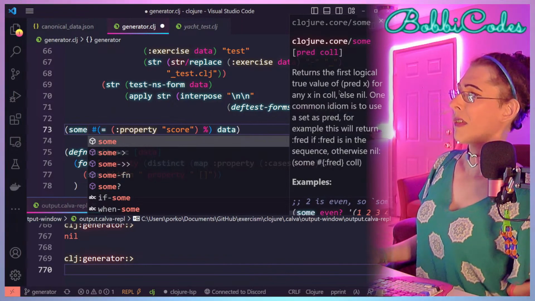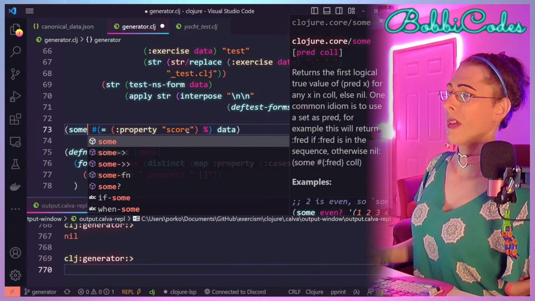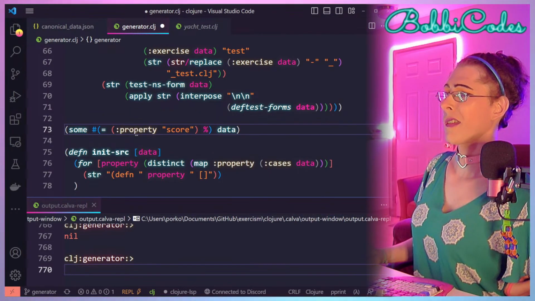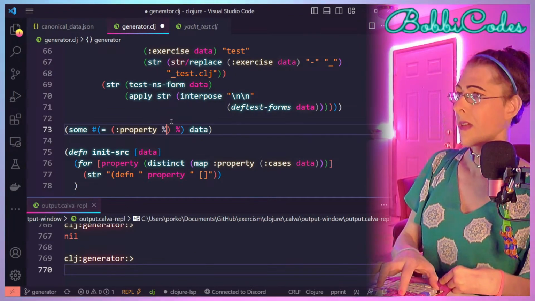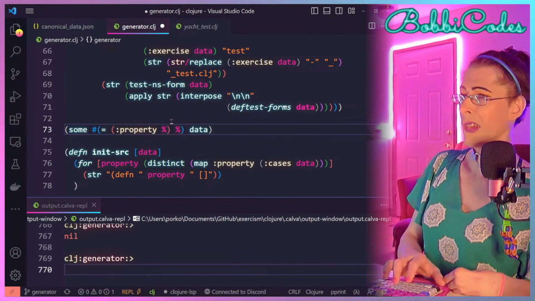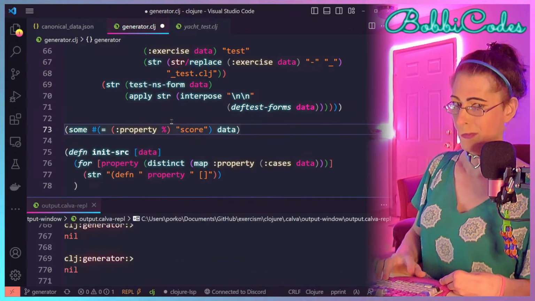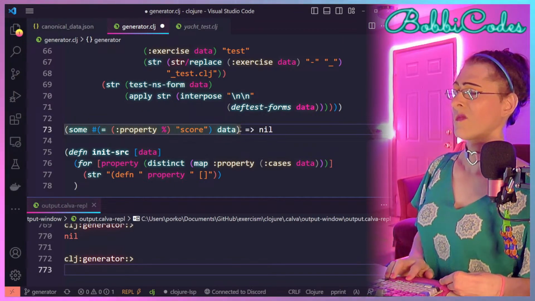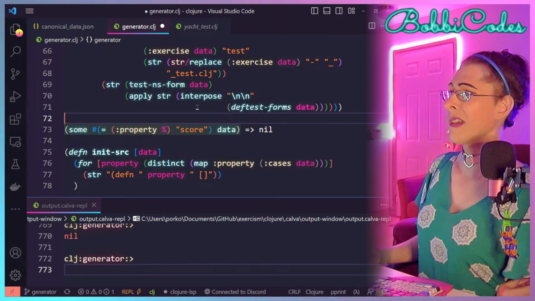The first logical value of the property. Oh, yeah, this is not right. The property of the thing, we want it to be equal to score. No? Oh, we need cases.